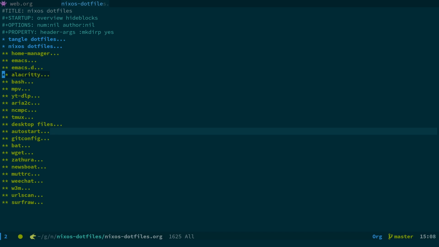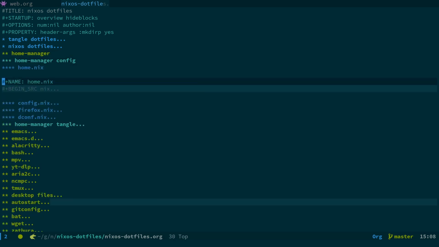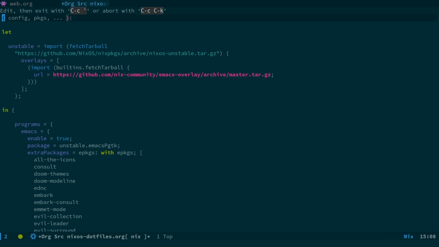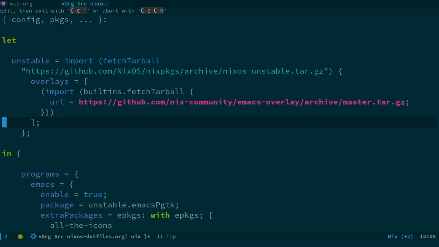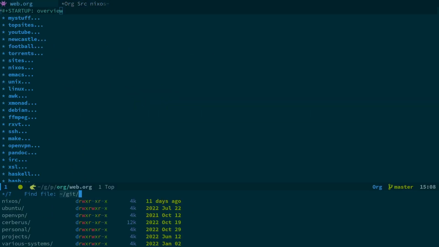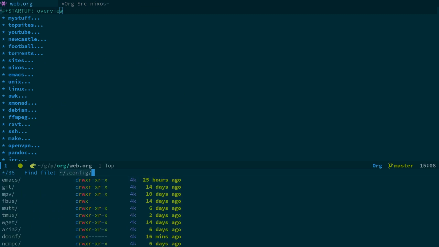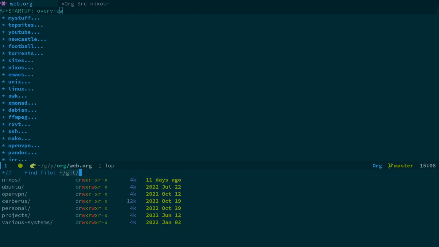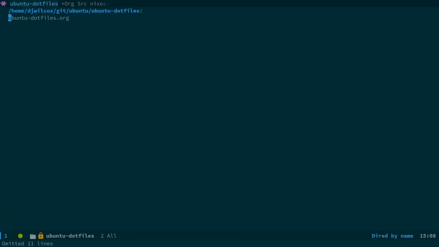So what I want to actually do is cover some things I've changed on NixOS, and one of them is managing all my packages for Emacs with Home Manager. And the reason why you might want to do that is because it allows you to, let me come into here. So normally in Emacs, for example, what you do is package-install. What will happen is if I come into my config, let's go into an old one actually, git ubuntu dotfiles,